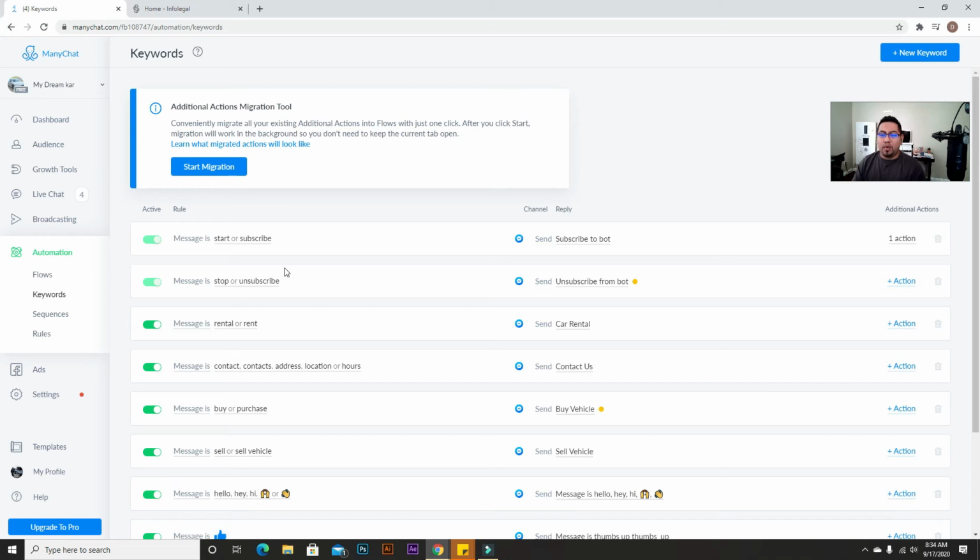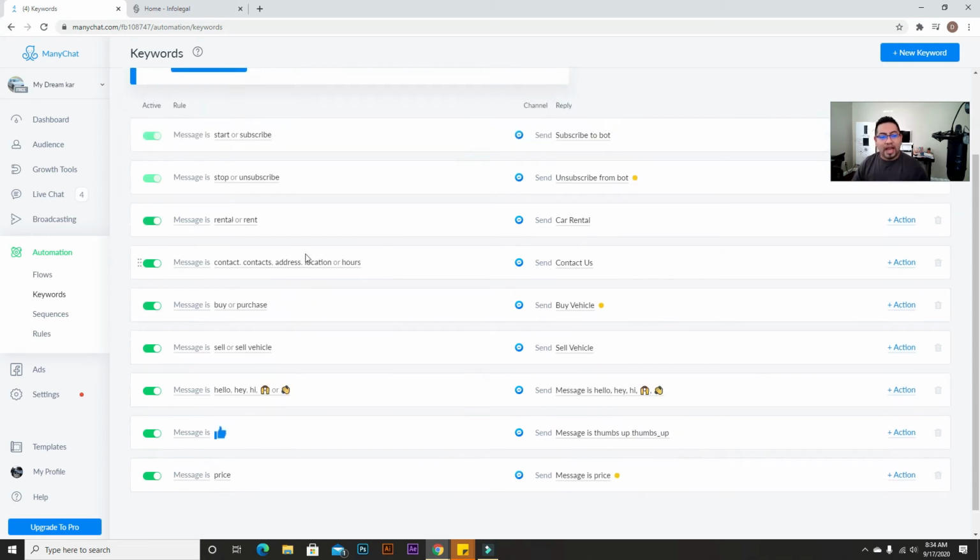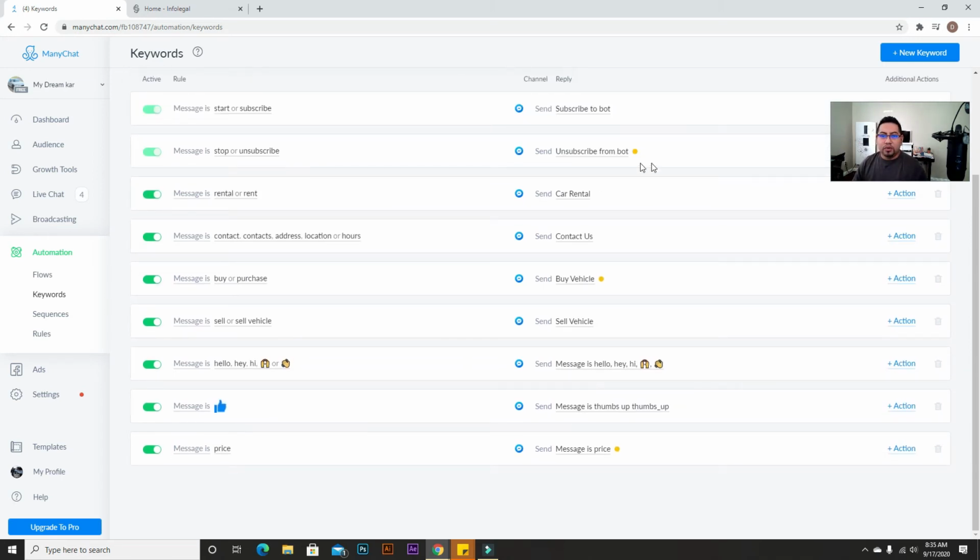They could type whatever, but you can add keywords. If somebody types any of those keywords inside the whole text that they send you, automatically the software is gonna send them a specific flow or type of email or message that you want them to get. So for example, we're gonna add a new keyword. Let's say you're